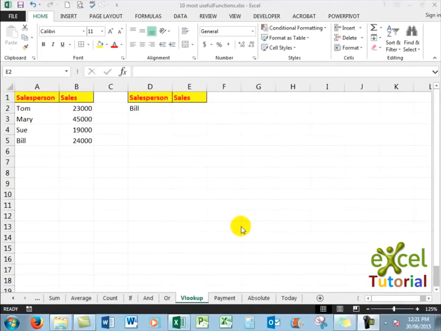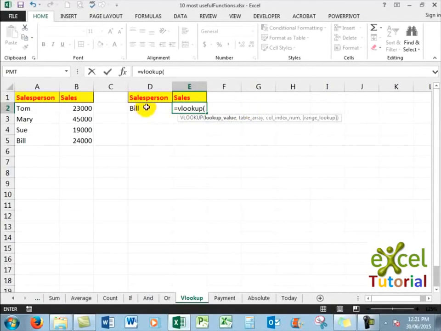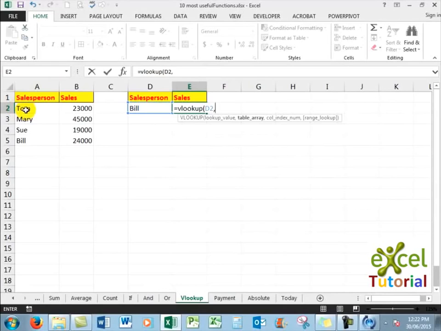Let's now look at one of the very popular functions in Excel, that is VLOOKUP. VLOOKUP enables me to look in a group of cells and show me a resulting number or information in another column. The way it works is this. In the cell in which I want the answer, I type a VLOOKUP formula, equal VLOOKUP, and open a bracket, and I say I want Excel to look up whatever is in that cell and look in the group of information that holds the question and the answer,